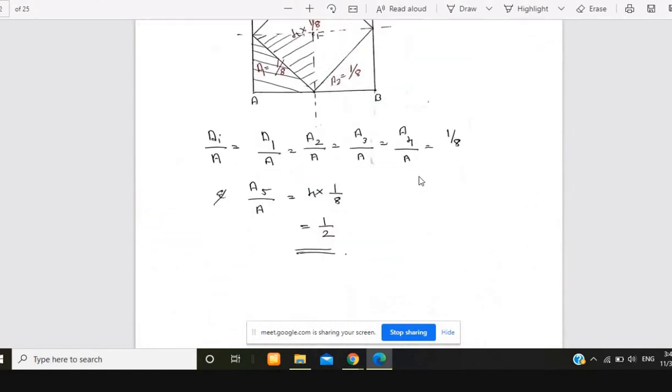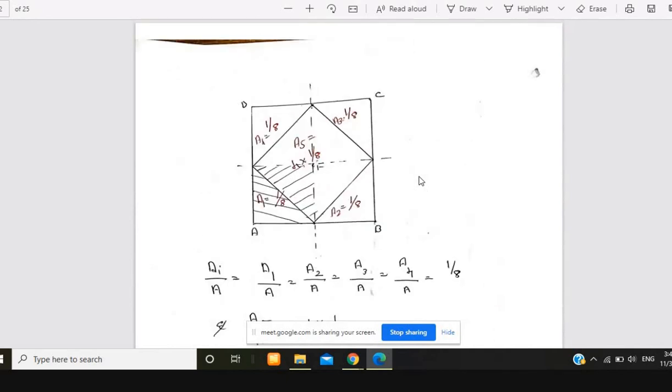Okay, one additional point to that question is, if you are given that 4 rain gauges are there, occupying the 4 corners of a square, and in the middle of the square the 5th rain gauge is given, then how can you find out the mean precipitation? A simple method, without finding out the area, by applying this weightage. This is a square. By drawing the perpendicular bisectors, finally we will be obtaining it in this form.